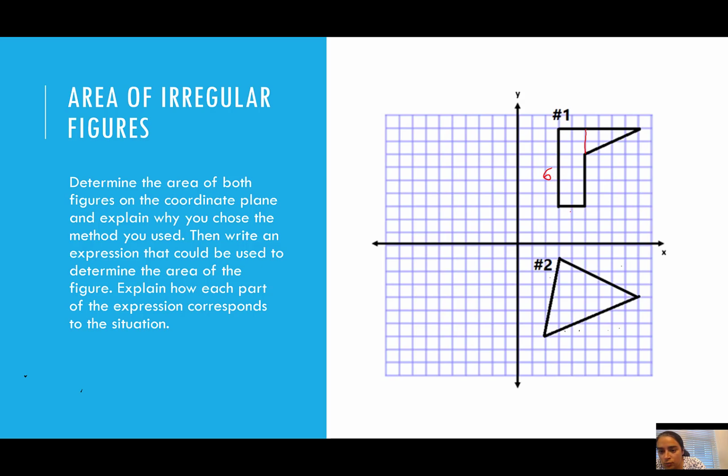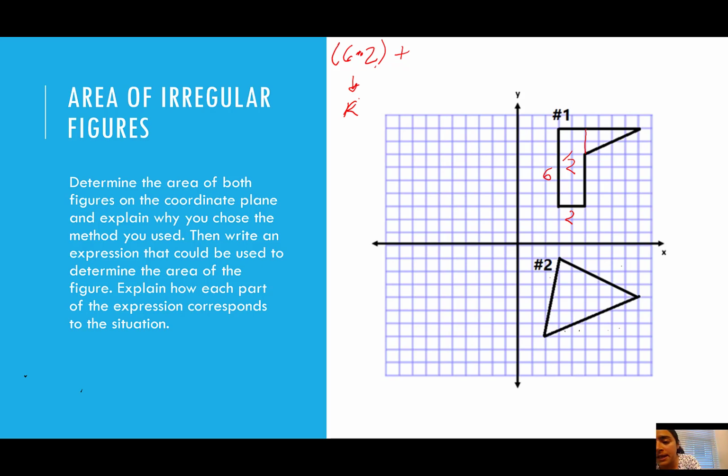And the width is 2. So we know the area is 12. And if we're writing this as an expression, we can do 6 times 2 plus, now we're going to do the triangle. This would be, I'm going to use R for rectangle, plus, now let's do the area of the